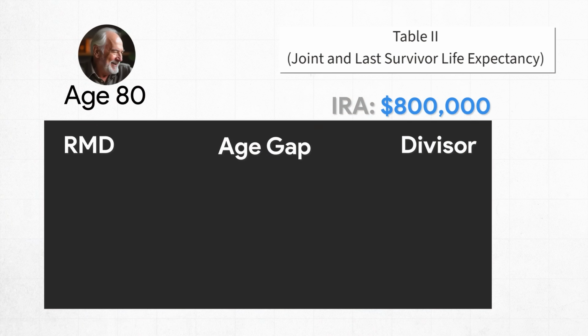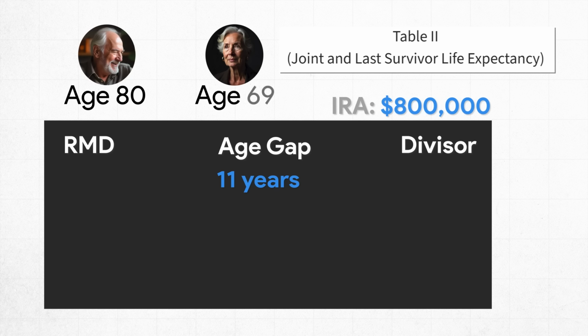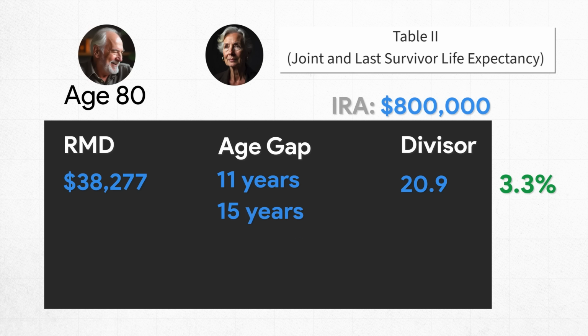Now let's walk through how the numbers change using the joint and last survivor table with a spouse at different ages. With a spouse who's 11 years younger, age 69, the divisor is 20.9. That lowers the RMD to about $38,000. Only about a 3.3% reduction. With a spouse who's 15 years younger, age 65, the divisor is 23.8, which drops the RMD to about $34,000,